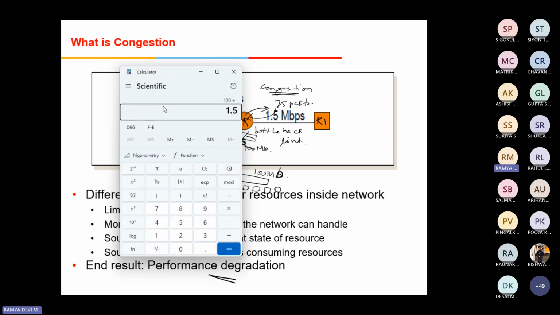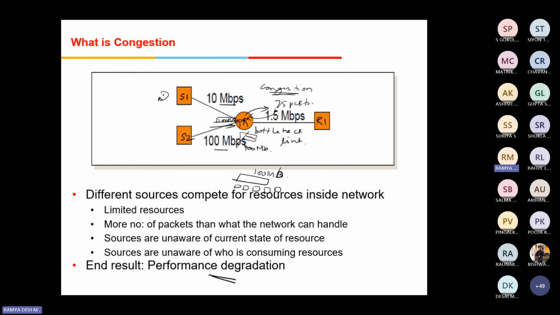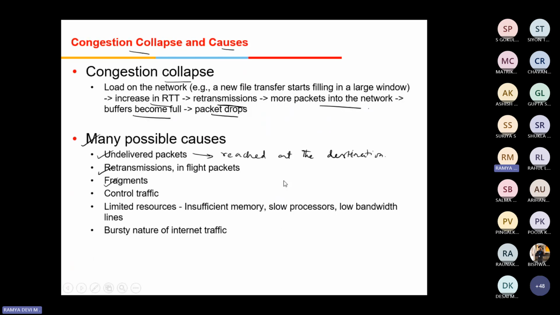100 divided by 1.5. So 67 packets are required, right? So it will fragment this one packet into 67 packets. Why? This link is capable of sending only 1.5 Mbps of data, right? So it will convert this one packet into 67 packets. Only one packet would have been sent and the rest of the 66 packets will be there in the buffer. So if the large packet is being sent, it requires fragmentation. One will be sent and the rest has to be stored inside the buffer.